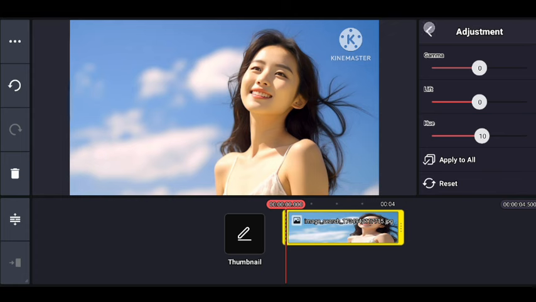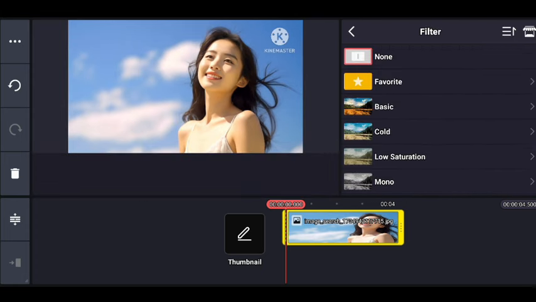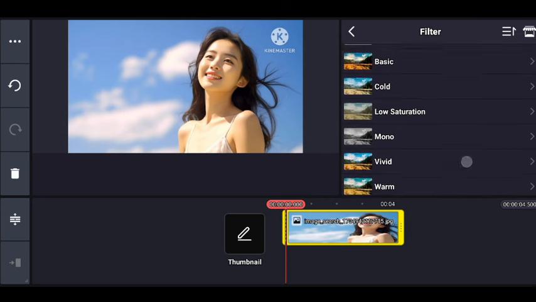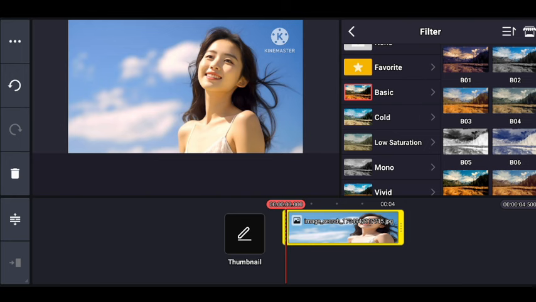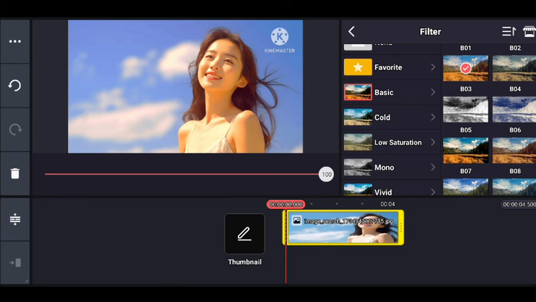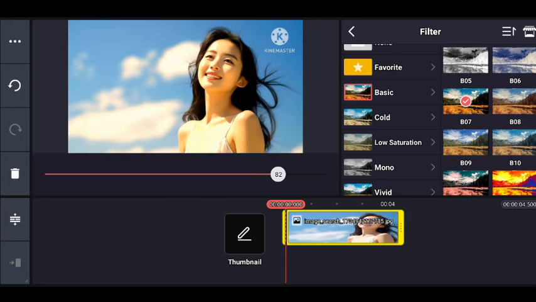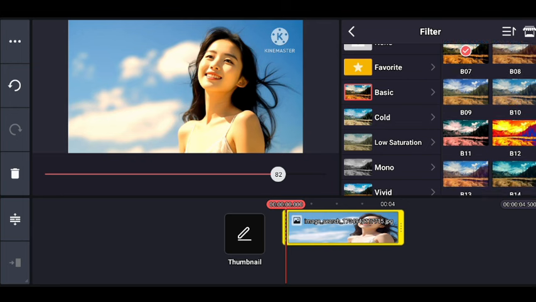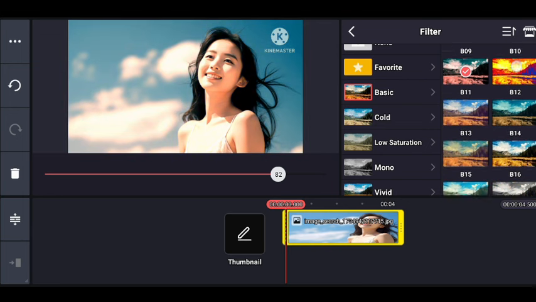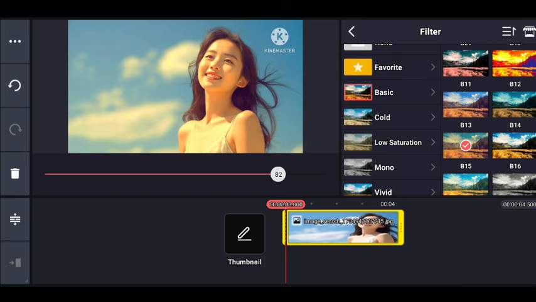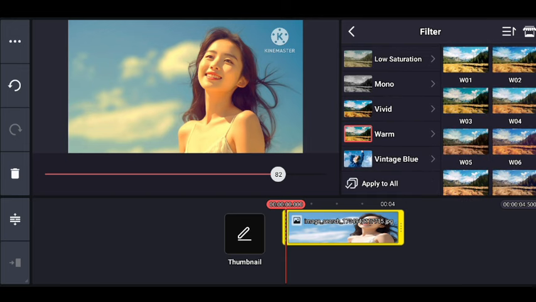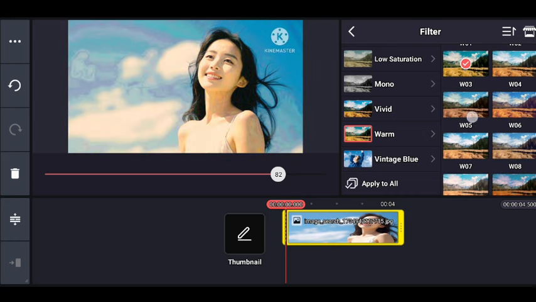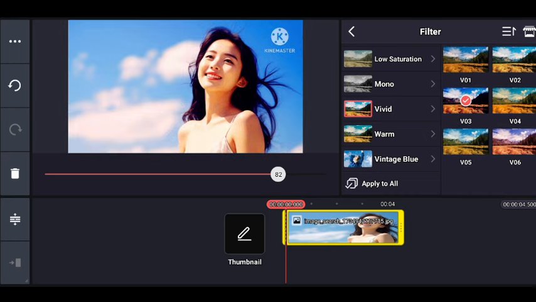So friends, then click on filter. Filter is a best filter in Kinemaster, so you can easily make your photo beautiful from filter and decrease some brightness level of this. And there are many filters in this filter setting. You can apply one by one and you can try one of the best for your photo. So please try all these filters, and which will be better for your photo, please choose and select and make